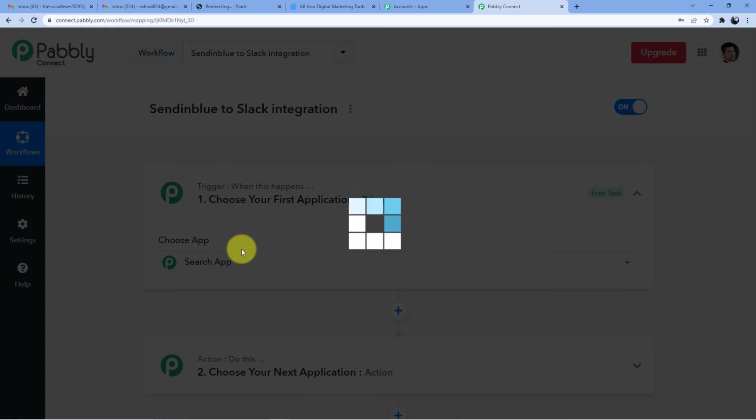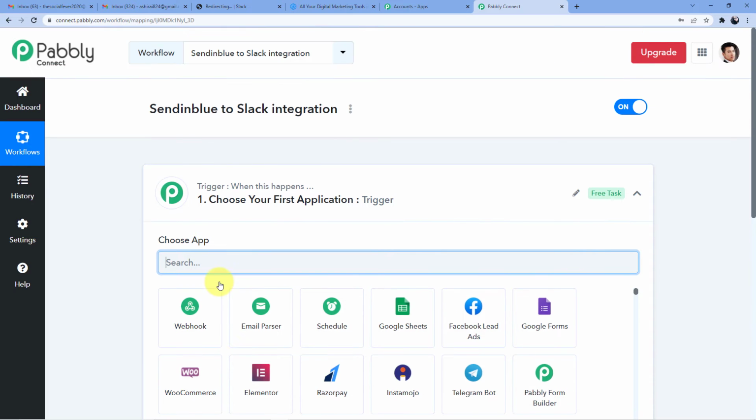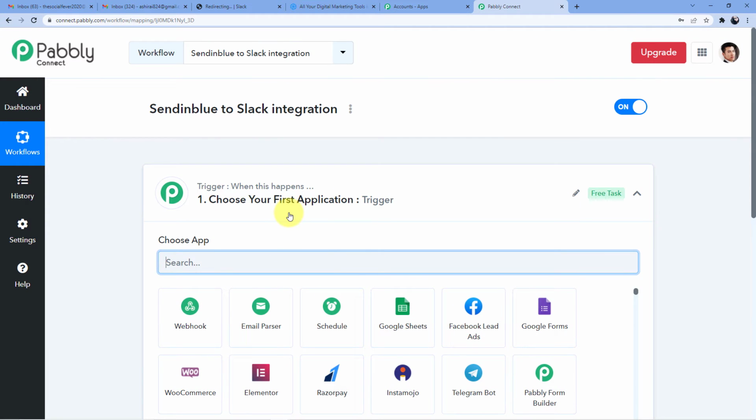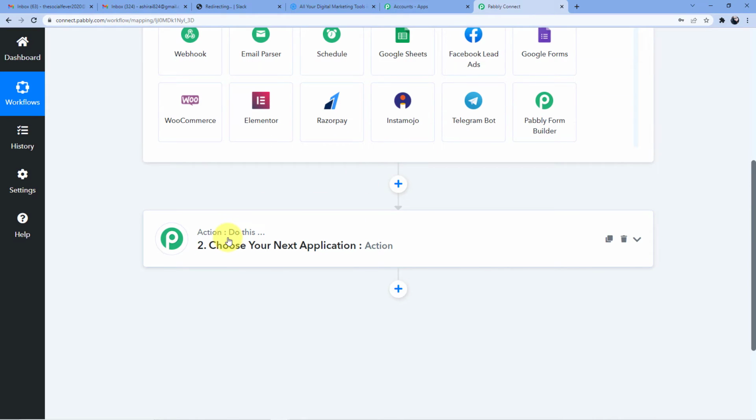Now, as soon as we do that, we will have this dashboard right here, two windows right here. First one is trigger, second one is action. So trigger is basically the first event which is happening at the start of a process, where when something is happening, it will give a response, and then that response will be going to the action step, where the final step will be taken at the end of the process.